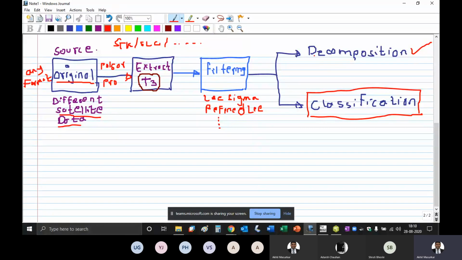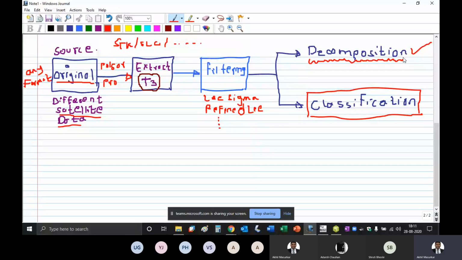Now, what is the basic difference? In decomposition, you are looking at the radar response. That means you are actually looking at the backscatter values, and then you are trying to say that this particular backscatter might have come from forestry, this one from plain surfaces, and this one from water bodies or anything.